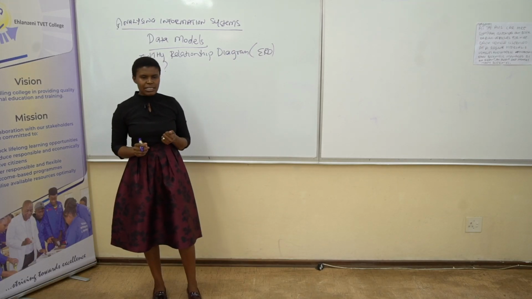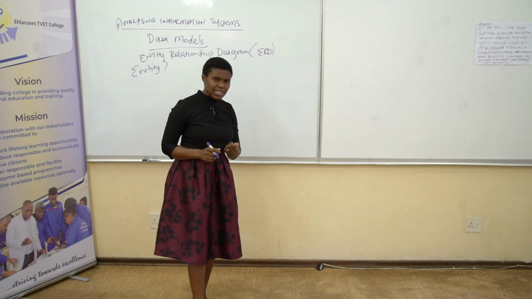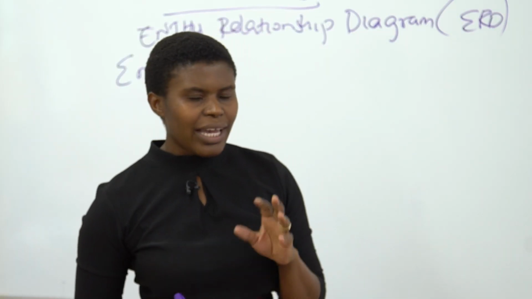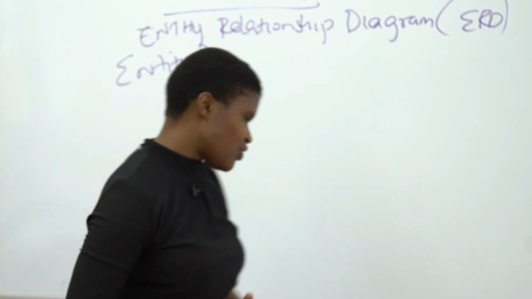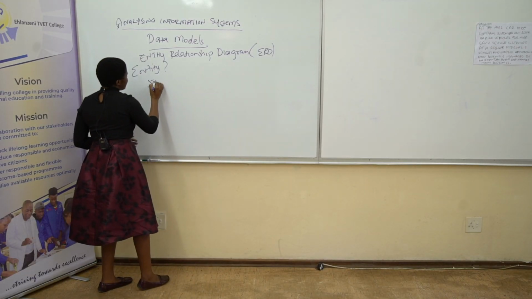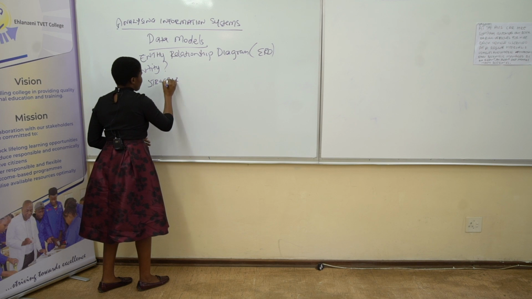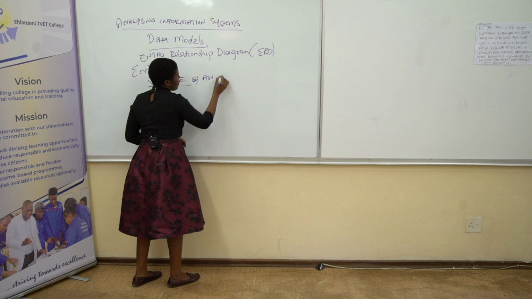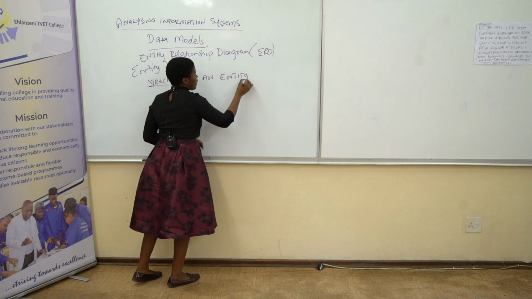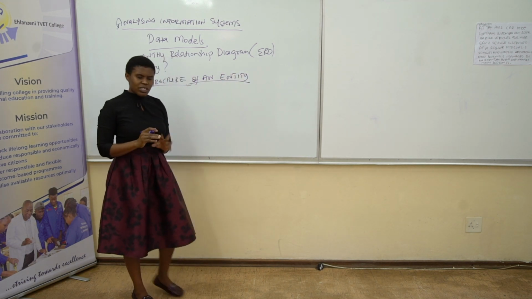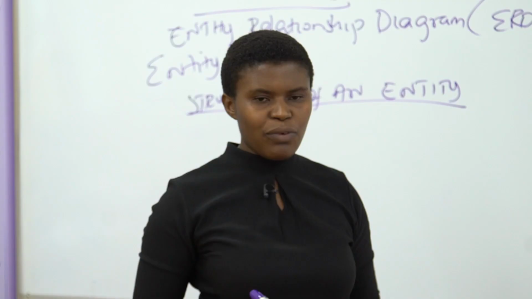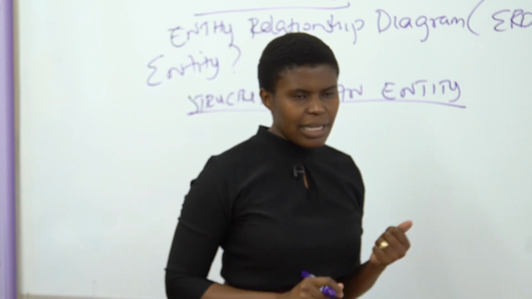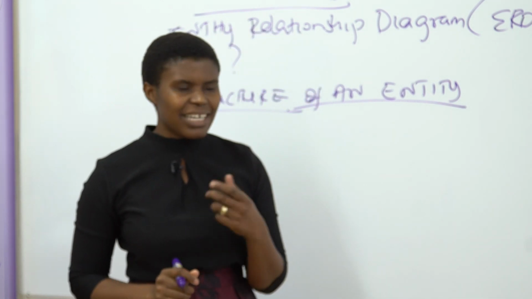We just say it's an entity, because now we are using models instead of real life buildings or real life people. So an entity has its own structure. Then we're going to look at the structure of an entity. There is not much of changes from level 2, level 3, level 4 when you're looking at the structure of an entity. But now we are going to bear in mind, we are going to introduce a word called cardinality,